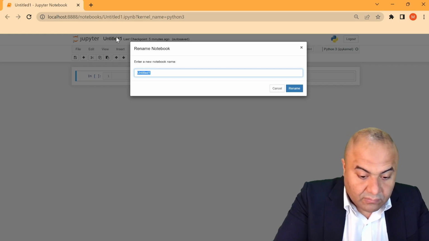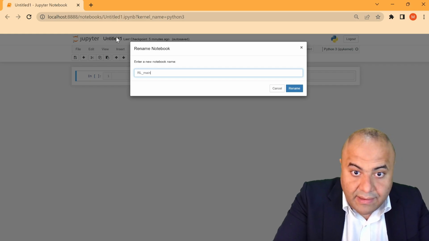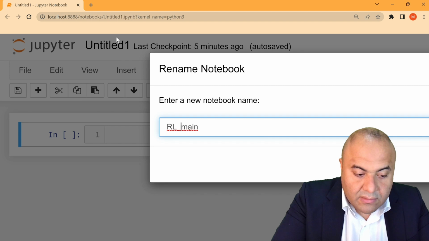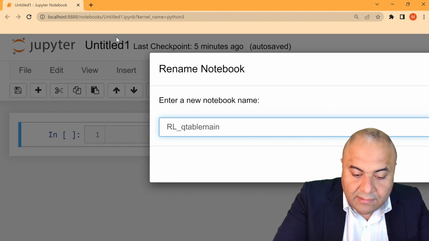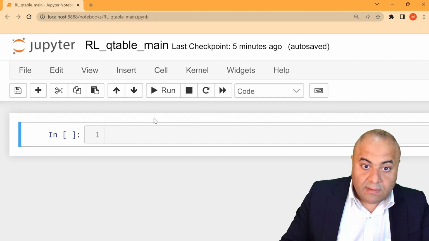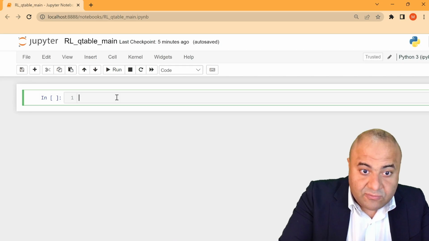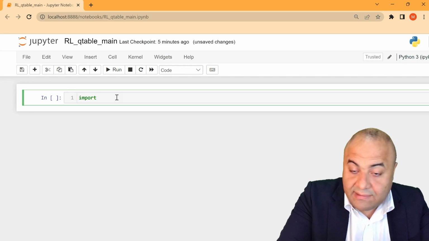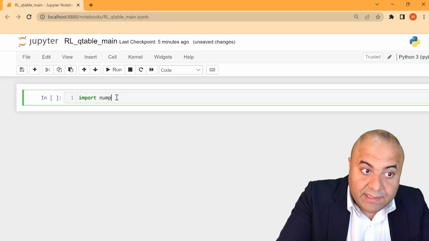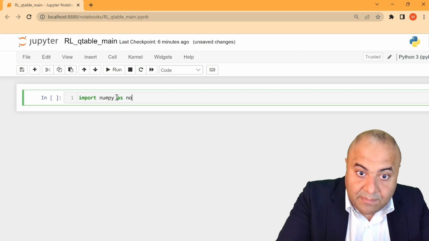be RL main or RL Q table main. And as always, we have to import the needed libraries. So we start with import numpy as np,